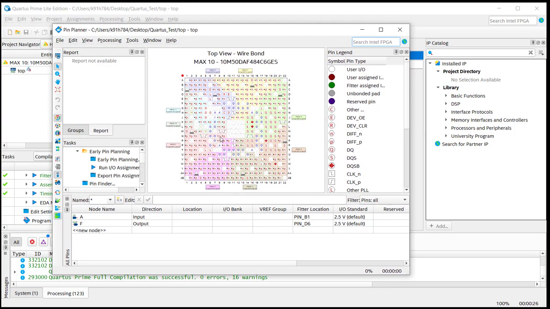And it shows you here's all the pins on the device. It's pretty cool. And it says, here's your input and your output. It knows this based on the VHDL. And you can then go in and do locations. So why don't we attach this? If I pull up the user's guide for the DE10 Lite board, I know that I have a switch on pin C12. And so what I want to do is double click on location and I can